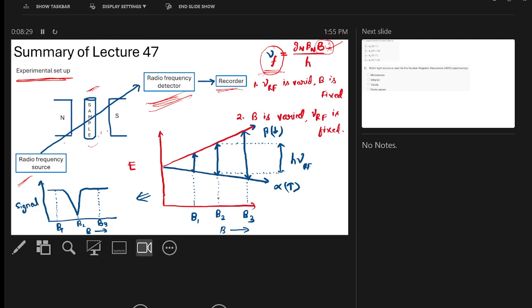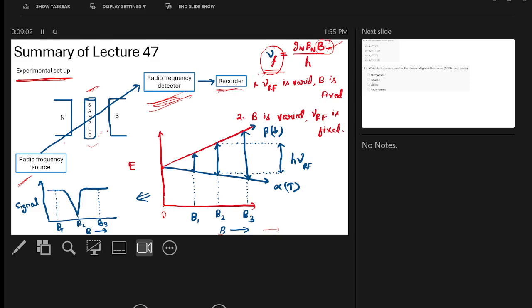Okay. So initially we have a nucleus, and here we don't have any magnetic field. So I will say magnetic field equal to 0. So at 0 magnetic field, all the magnetic moments will be degenerate. Once you apply the magnetic field, what will happen? This will split. So on the x-axis, you can see the strength of the magnetic field increases in this direction, and the separation between these two levels is alpha up and beta down.